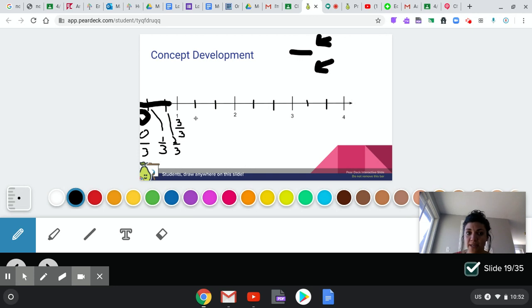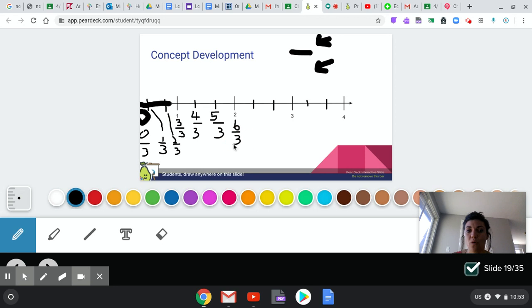So this one right here, if my denominator stays the same as a 3, and my last numerator was 3, this one's going to be 4 thirds. Then this next line, 3 is going to stay in my denominator. My last numerator was 4, so this one's going to be 5 thirds, which then brings us to 6 thirds,